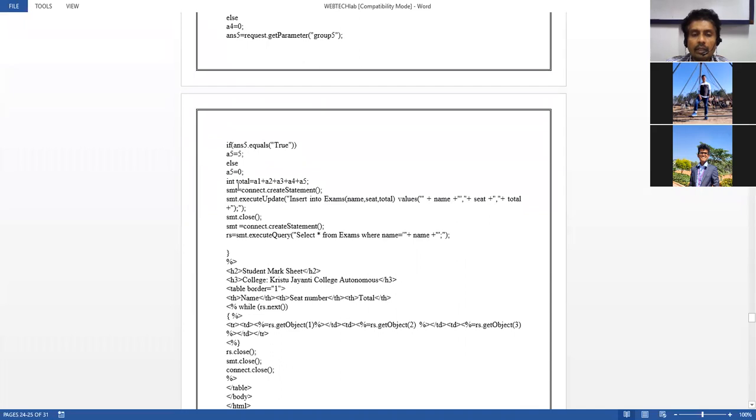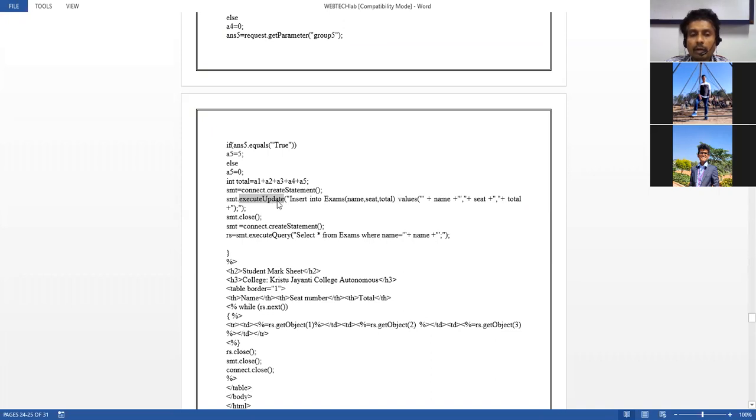And then the next thing is, once you got the total, we are creating a statement. Basically, once the answer has been given by the user, all this data I'm just trying to upload into a server, that means the database server. For that I'm going to use the statement object and executeUpdate. executeQuery is basically for retrieving the information, but executeUpdate is for inserting the values into a table or creating a table.